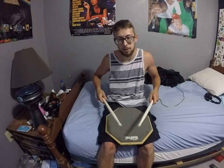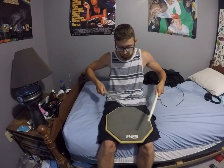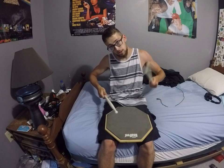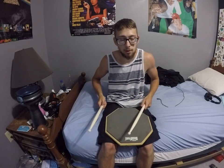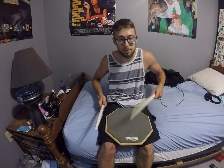It's not a triplet, but it's... see what I mean? This left hand, because you're coming in on that flam tap, that grace note is going to make it 3. The grace note of the 1 is going to be,